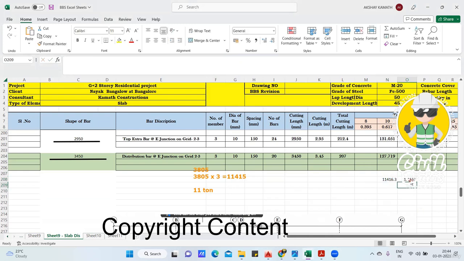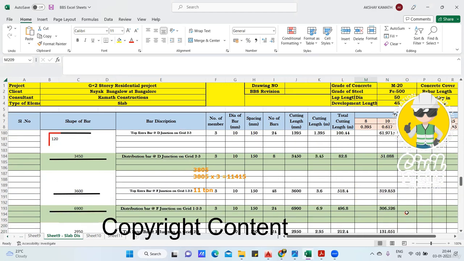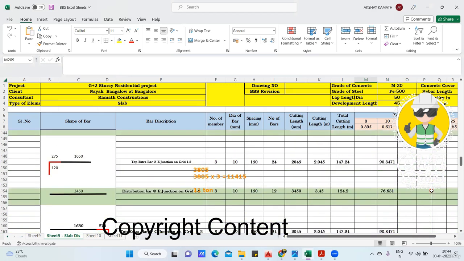Finish. 11.41. So if somebody asks you how much ton of steel is required, this much ton of steel is required in our building. Okay. Got it, no? That's it. Simple. So in this way, I've explained the complete BBS for the slab. There's nothing left. Other than that, you'll not find any difficulties if you get a cut reinforcement, something like this